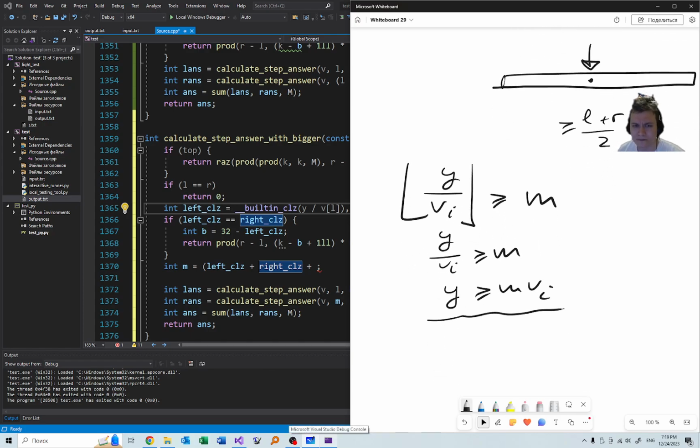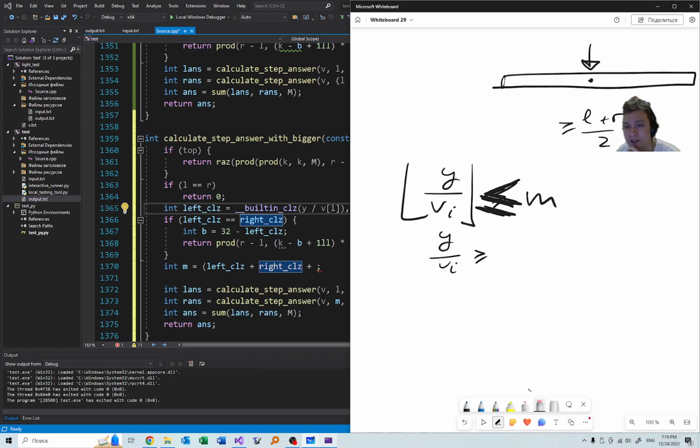So I want... Wait, what? No, I want the first element which is at most M. This is what I want. Not at least M. And to find the first element which is at most M,